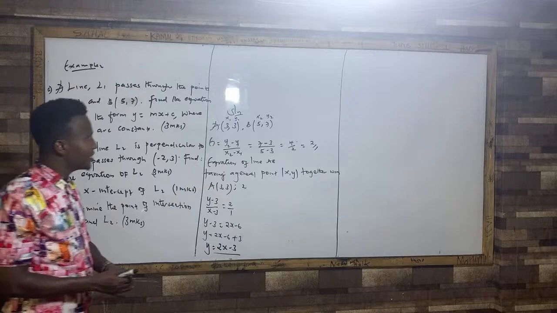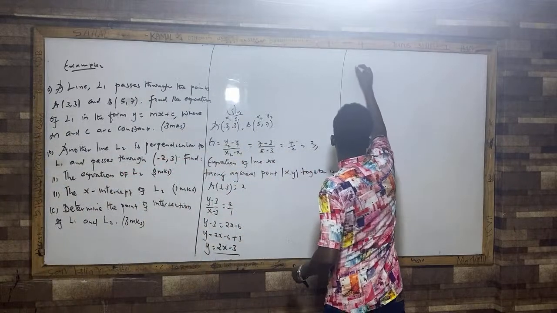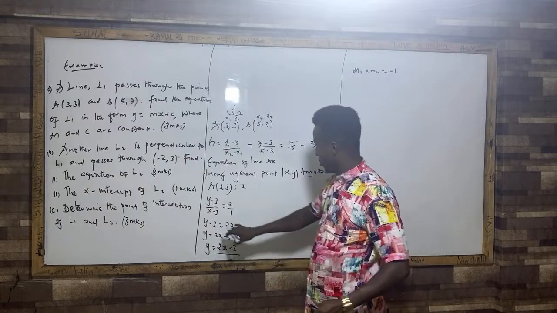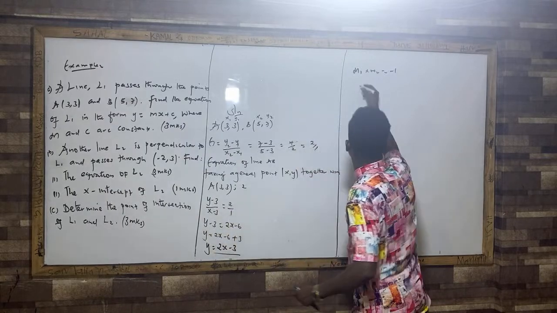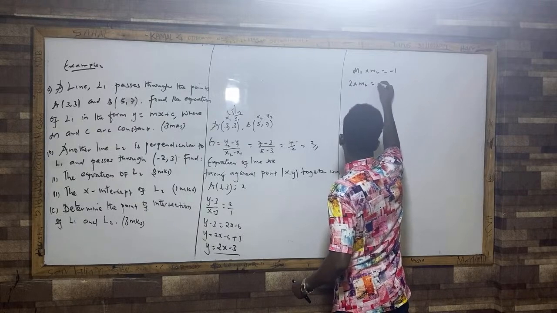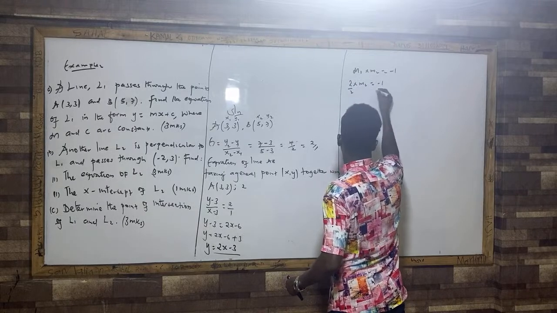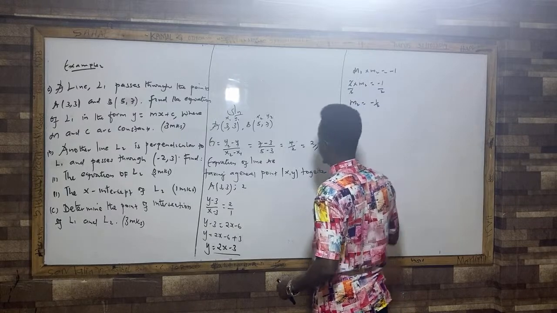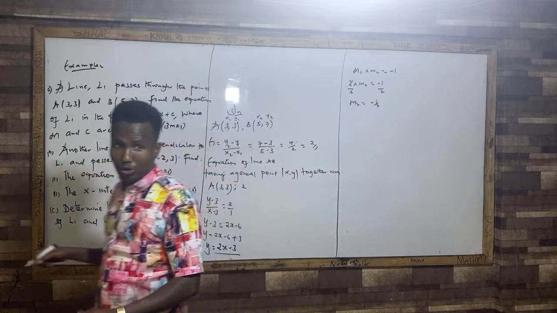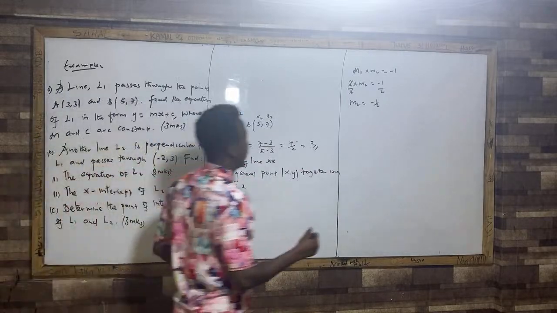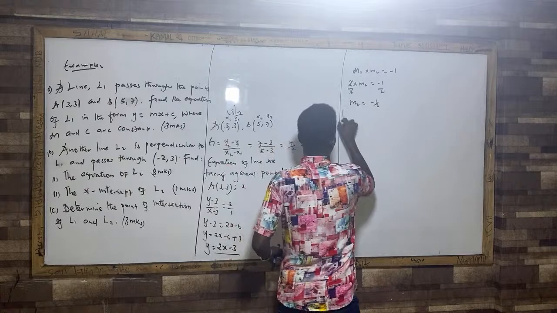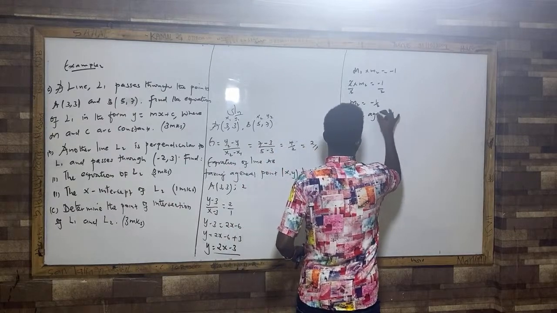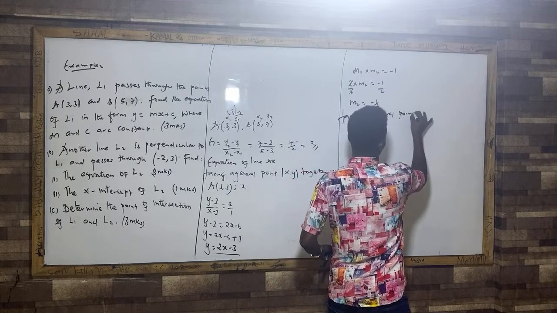Very easy. Let's say M1 times M2 is equal to -1. Here, M1 is this one, 2. So I'll say 2 times M2 is equal to -1. Divide both sides by 2. Cancel. So your M2 is equal to -1/2. That is the gradient of L2. Now, I have a point, don't forget. I'll say, checking a general point, which is always